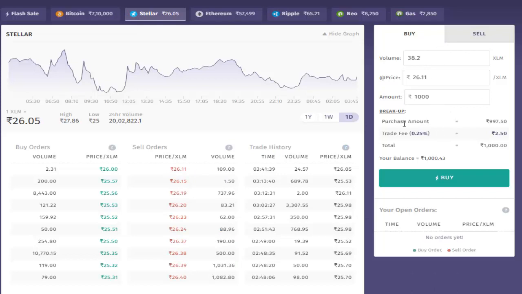Okay, and you can also see the breakup here. Now the trade fees on BitBNS currently is 0.25% for both buy and sell. So it will give you the corresponding breakups here. You can go ahead and verify that, and if you feel everything's fine, you can click on buy. Else what you can do is, in this case, if I want to reduce my bid price per Stellar,